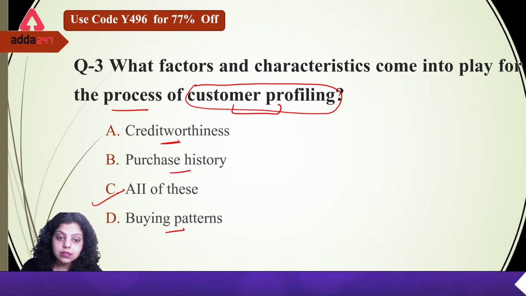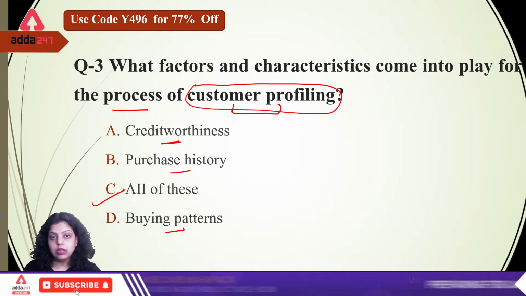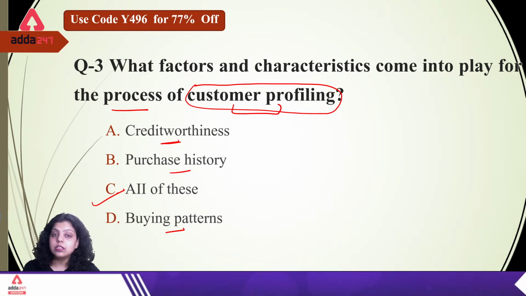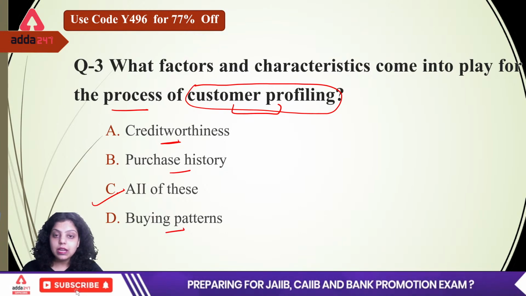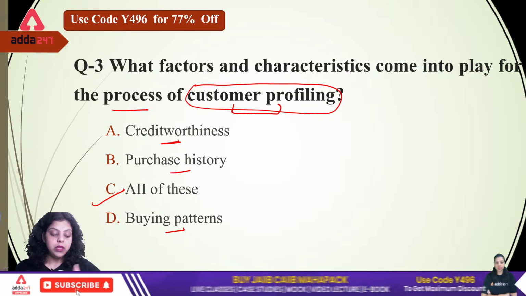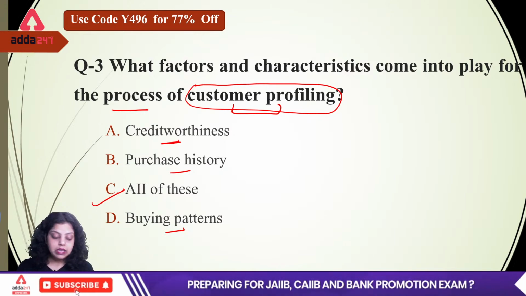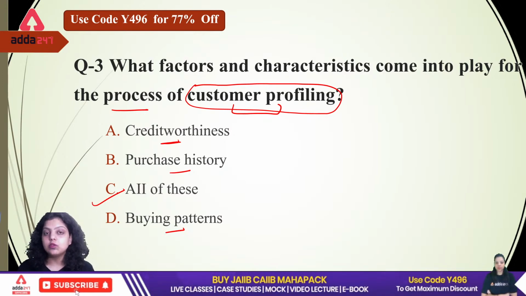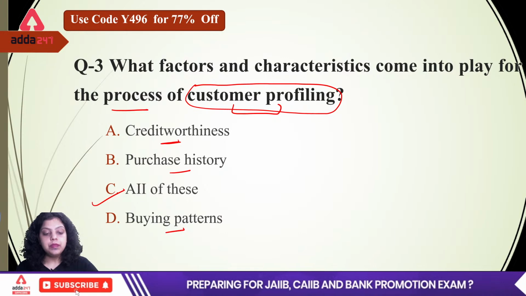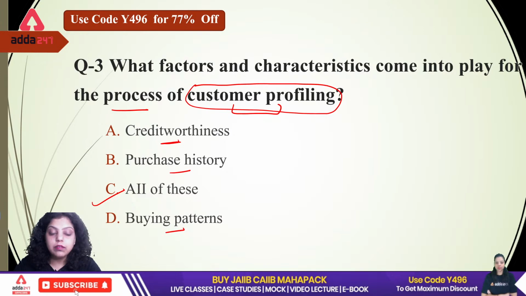When you know all these three, then you can analyze what information is very important to have about that particular customer, what kind of services we can offer the customer, or what kind of services we cannot offer. So while creating a profile of a customer for your bank or financial institution, you have to know the creditworthiness of the customer, whether the customer is a defaulter or fraud or not. Then the purchase history, that is, how frequently this customer uses the services or products of the banking sector. And the third is the buying pattern of the customer. These are all the characteristics and factors we should keep in mind at the time of customer profiling.